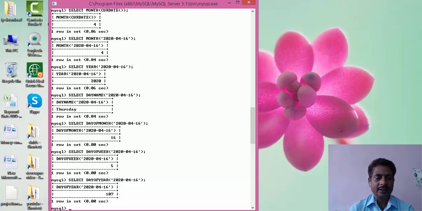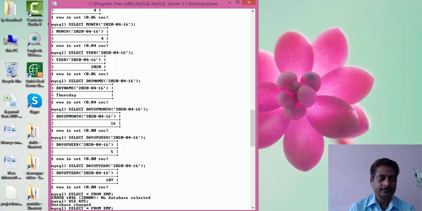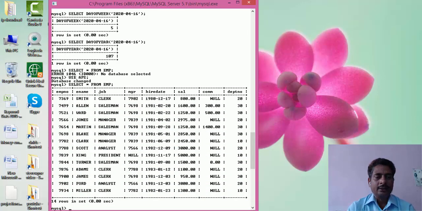Now we do some aggregate functions. What are the aggregate functions? Sum. Now the first aggregate function is the sum function.